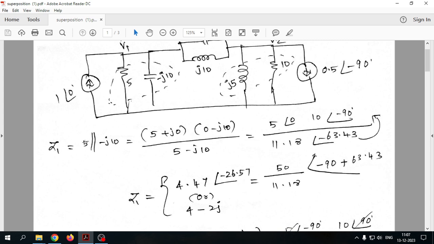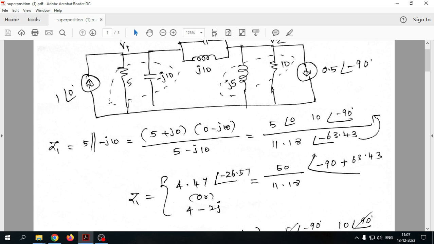This is only a real number, so I have given the imaginary part as 0, and here you have only an imaginary number, so I have given 0 for the real part. Multiplication over here is divided by the addition of these two numbers, 5 minus j10. Whenever we have multiplication or division, it is convenient to use polar format, and when we have addition or subtraction, we can go with rectangular format. Here we have multiplication and division, so I'm going to convert the first one into its polar form, 5 with an angle 0, and then if you convert this into polar form, you will get 10 with an angle minus 90,